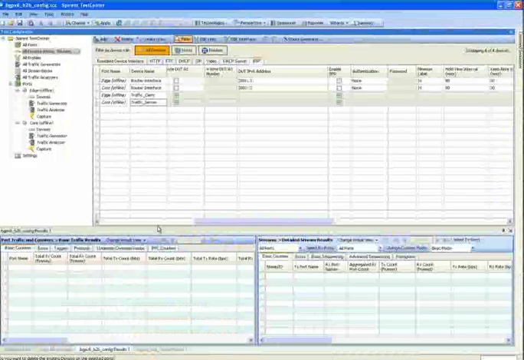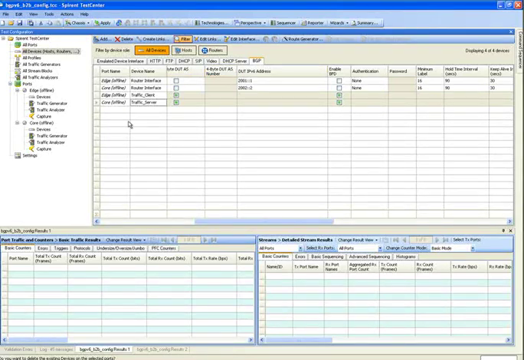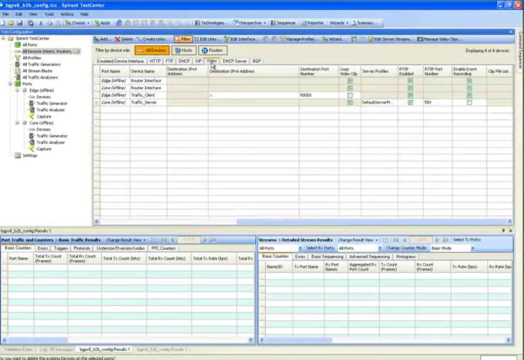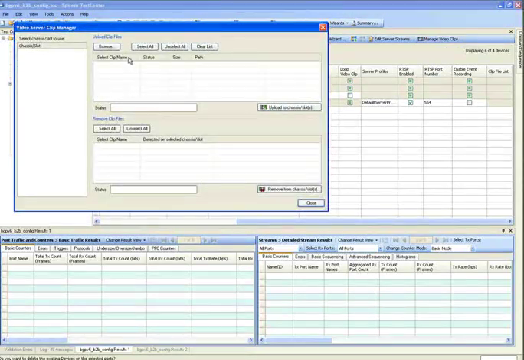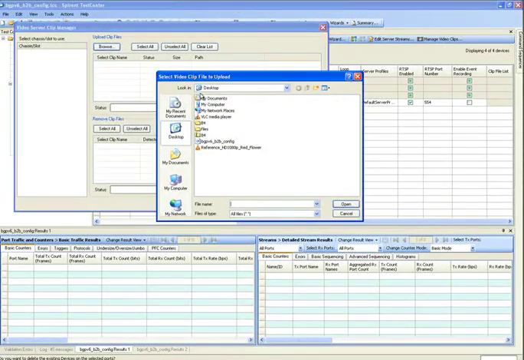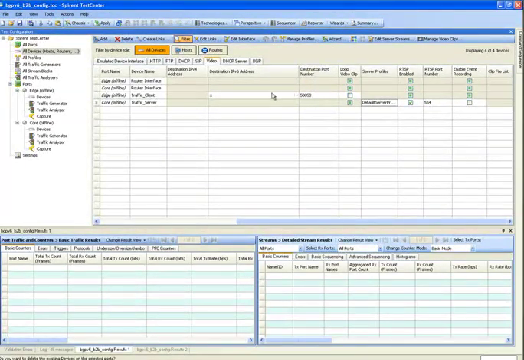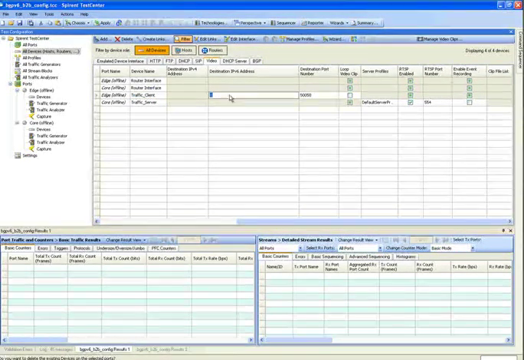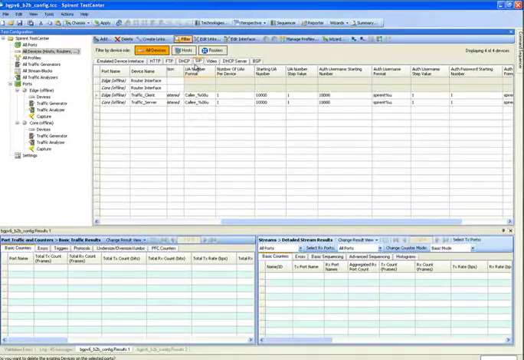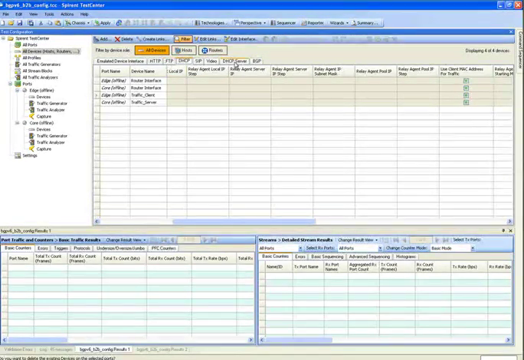And now I can take this, and on my server port, I can come over to video, and I can use the default video profile, and I can manage individual clips. So if I wanted to, I could now upload my reference to my individual slots and chassis, and now use that as a list here. I can pick my destination IP. I could finish setting that all up. So now I have layer 4 through 7 here,